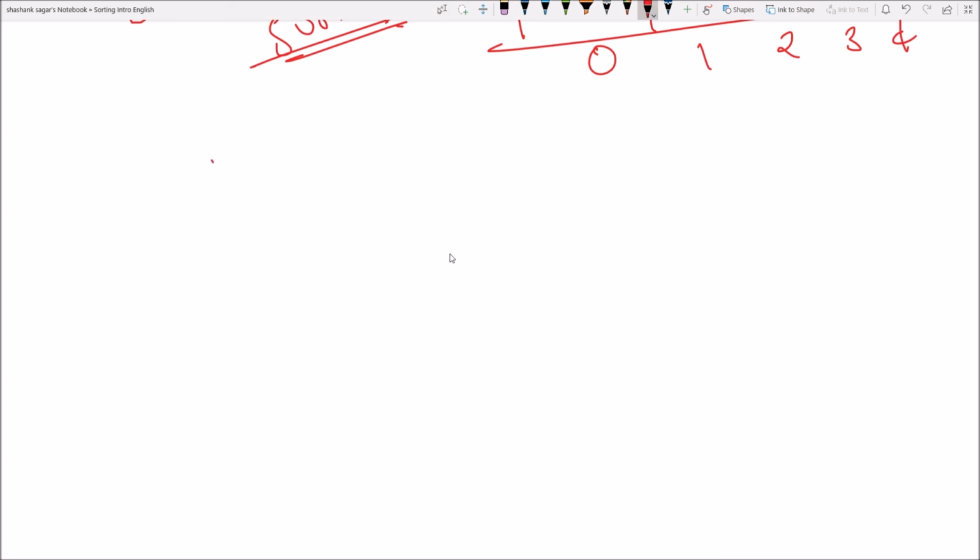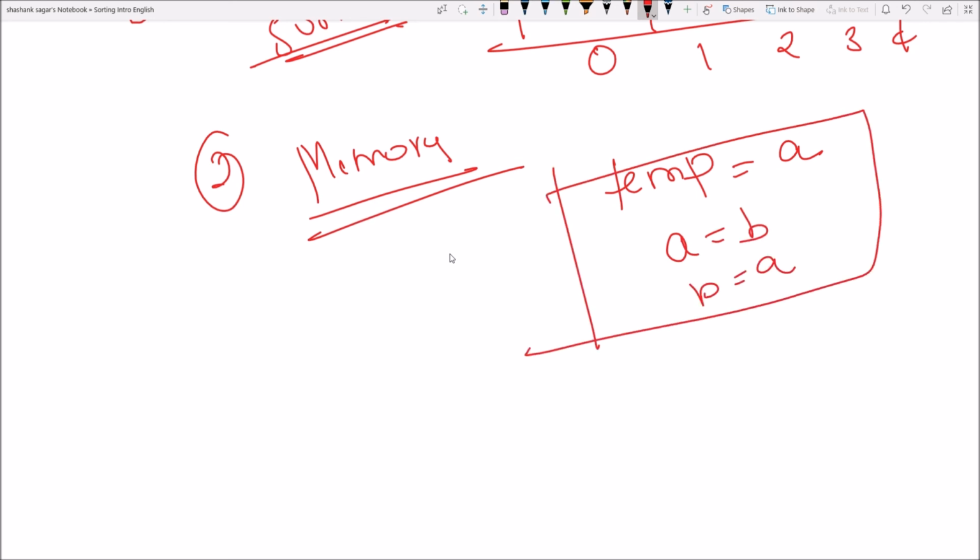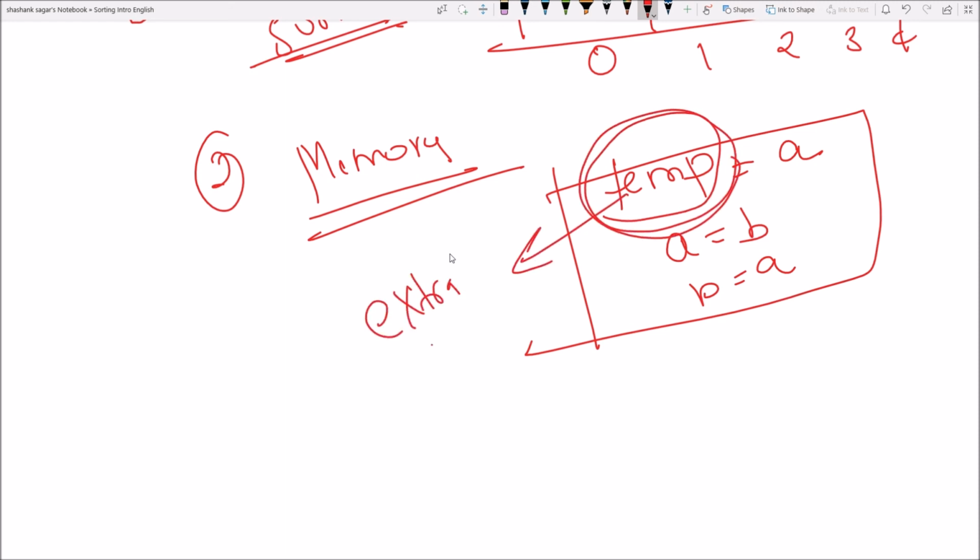Now, what is memory use? As you saw earlier, to swap two elements I have used this temp variable. So this temp that I have used for swapping is my extra space.